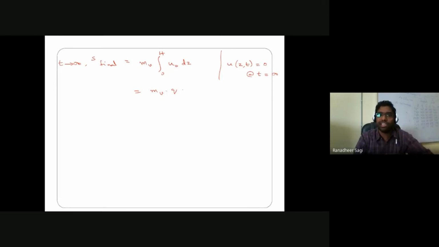That's an additional increment in stress that is getting applied on the soil sample, because it's a constant. U naught is a constant value, so it can be taken out of the integral. So what I'll have inside the integral is dz over the limit 0 to h, so automatically it comes out to be mv into Q into h. Either I can represent it as Q, or as delta sigma, or as U naught. Everything is one and the same.